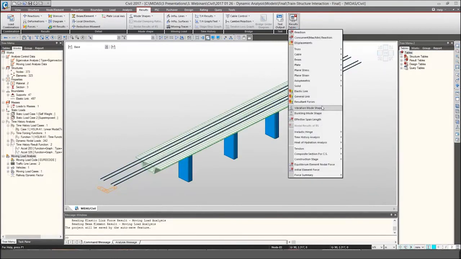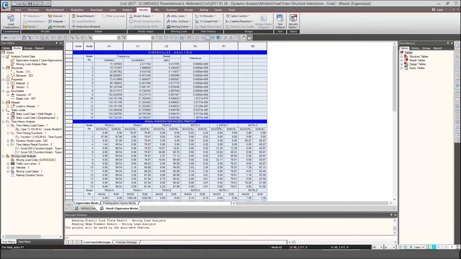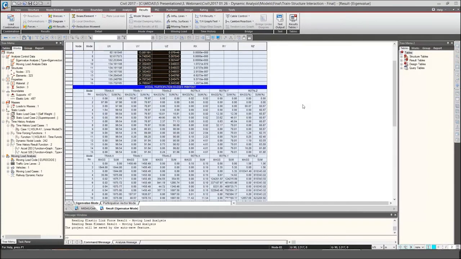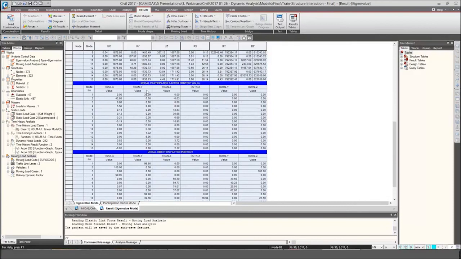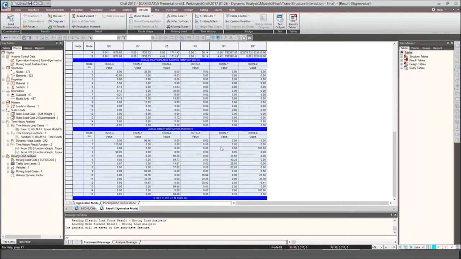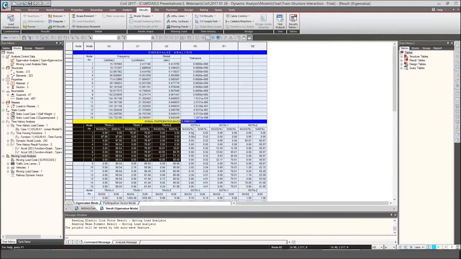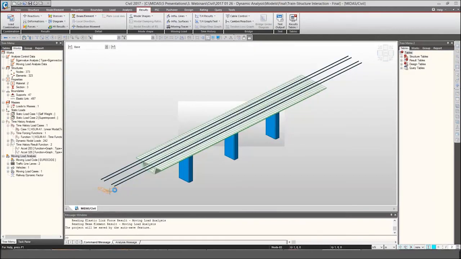So if you go to results tables, vibration modes, and here we can check the periods and frequencies for all modes, and then modal participation factors. We can see along each direction how much mass is excited in the structure, and then a modal participation factor, just the printout, and we can also check vibration modes from here. And once we've checked these, we can continue with checking